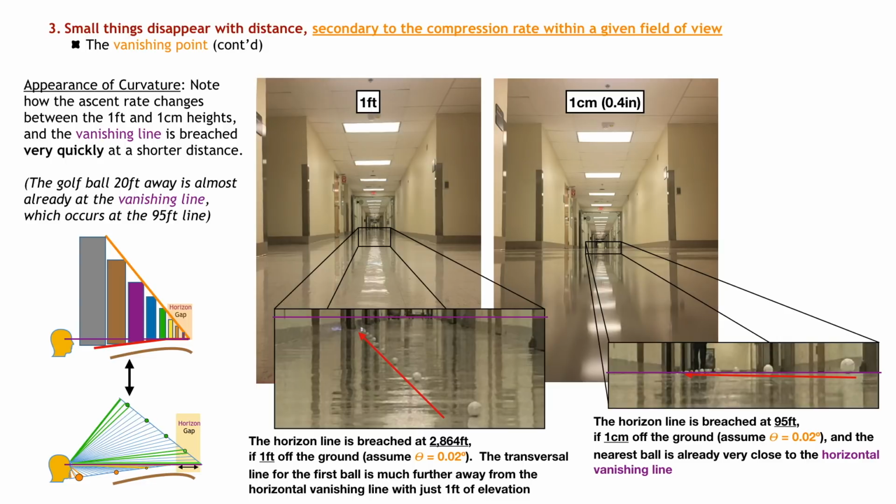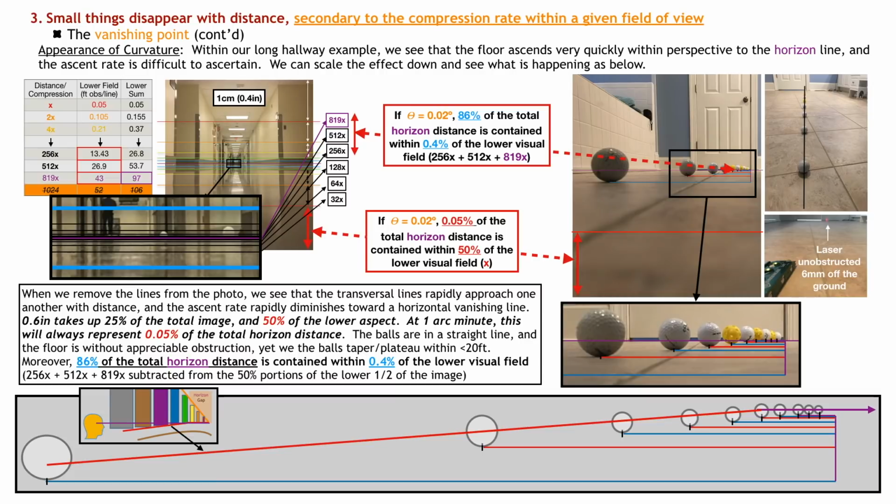So other things to consider here within our long hallway, we see that the floor ascends very quickly toward that horizon line if we lower our eye height, and the ascent rate can be difficult to ascertain, but we can scale the effect down and see what is happening, okay? So when we remove the lines from the photo,